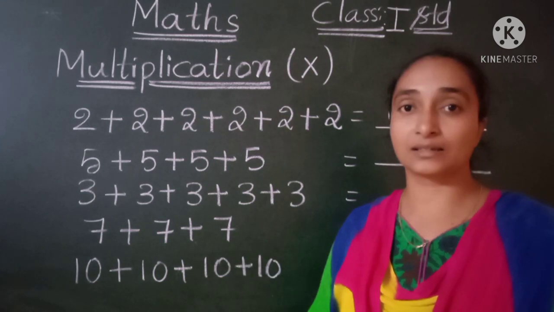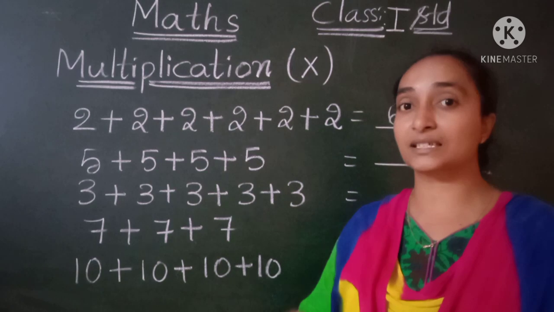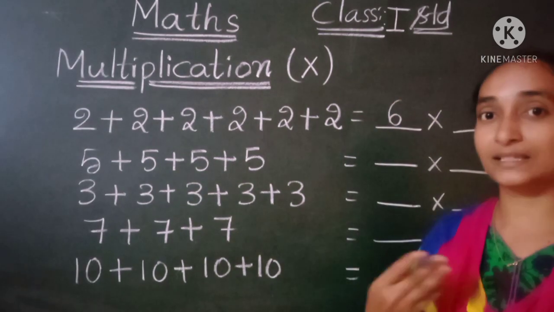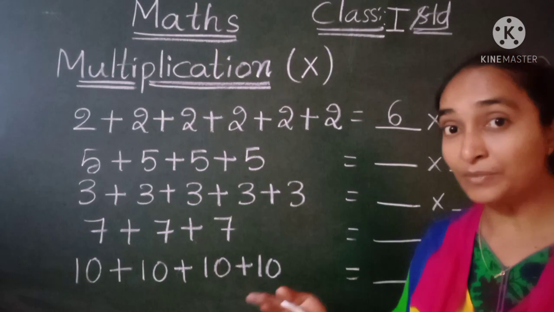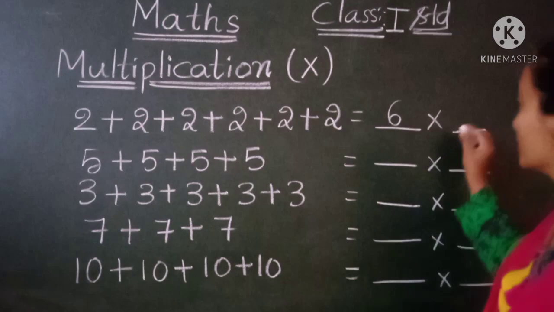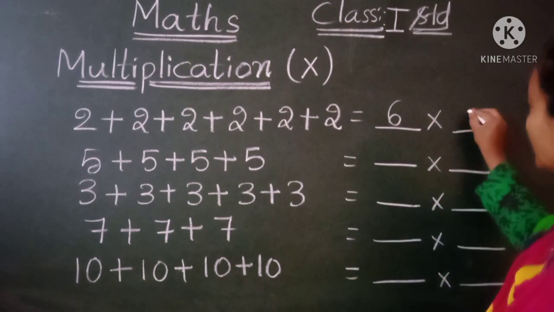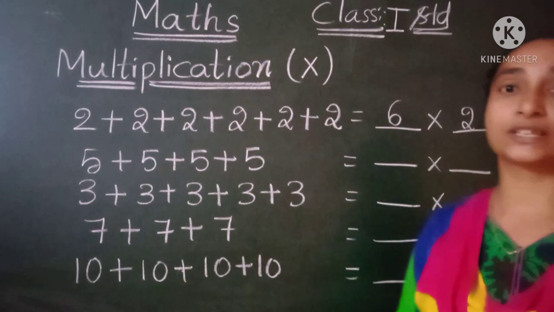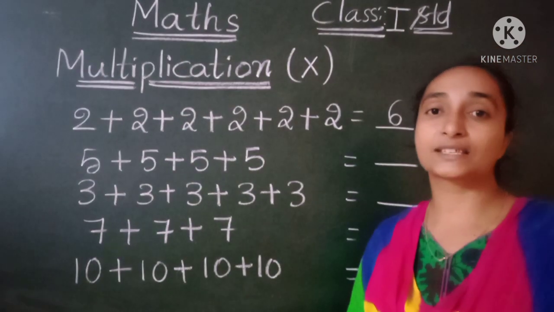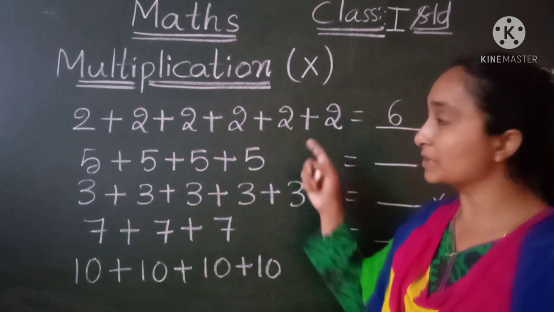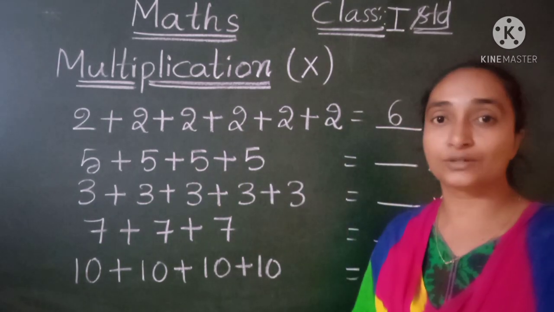So the 6 groups means 6 times we have written the 2. So 6 times, into, the same number. What is the same repeated number there? 2. So we are writing the 2 here. Yes. 6 into 2. 6 2s are, from the 6 table, 12 we will get. So that means here the repeated addition answer is 6 2s are 12.